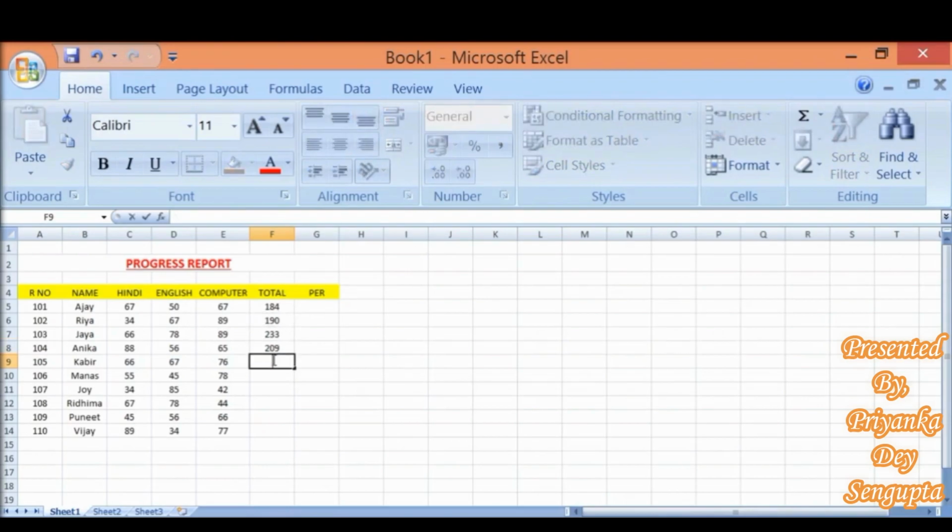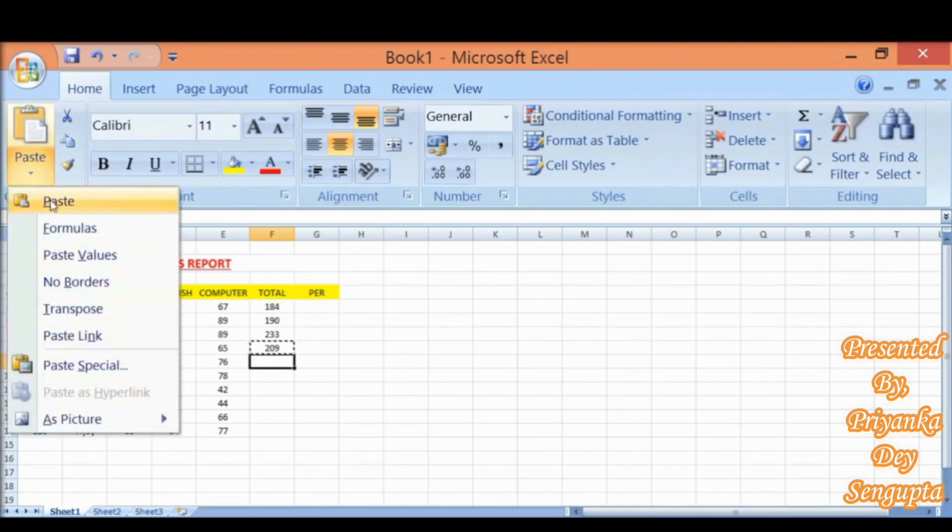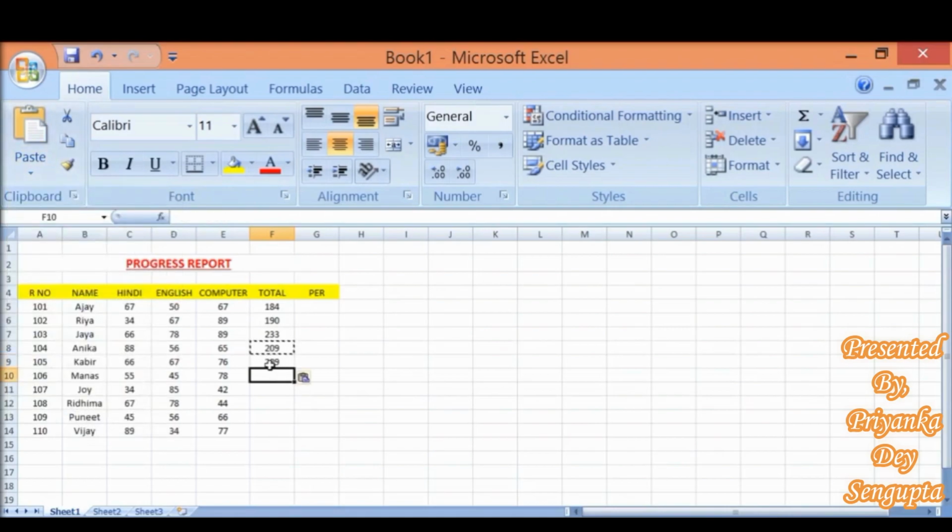One is by writing a formula, is equal to, and the cell addresses separated by a plus sign, because I want to find a sum. Another is by using the function. I have used the auto sum function under the Formulas tab. There you will find many other functions like count to count the number of cells, max to find the maximum number in a range of cells, min to find the minimum number in a range of cells, then average to find the average from a group of cells. So various other functions are also there. Simply I have to give the range of cells separated by a colon within the brackets and press enter.